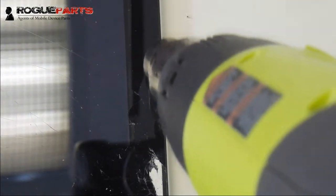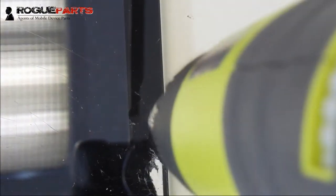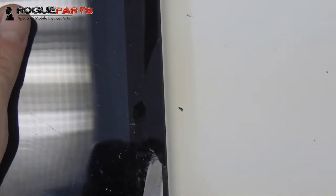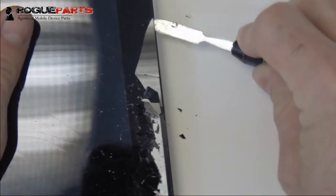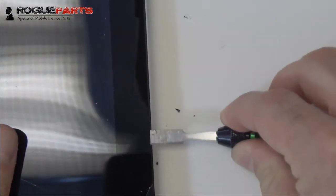So here we go, again at 1050 with the heat gun. We're just heating in this area, back and forth, very slowly, very deliberately, trying to include as much of that in the snapshot as possible so that you can see. We're going to take that double-sided metal spudger. Here we are getting underneath the stuff that we just started to break off, and see how much easier that comes off. Now we really got some leverage, and we're really starting to work up